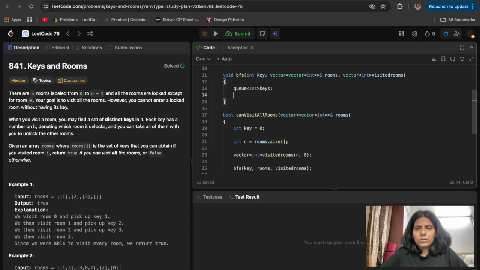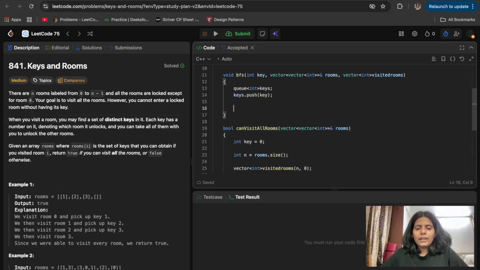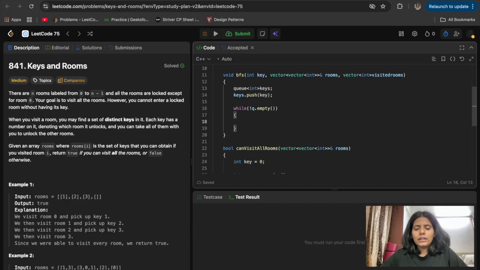We will insert the key which we have, keys.push(key), and while my queue isn't empty, I'll take my current key, which is queue.front(), then queue.pop().